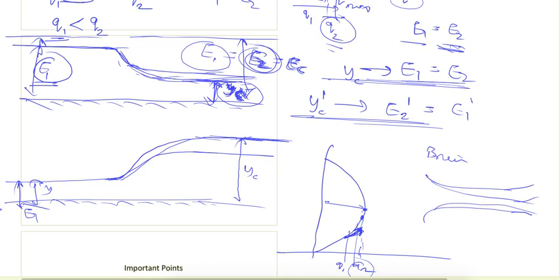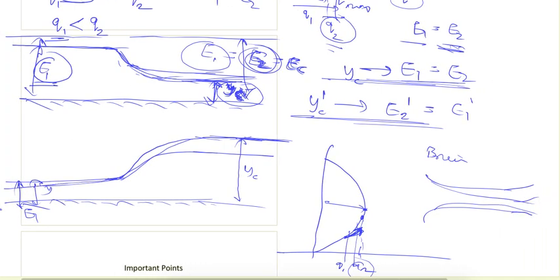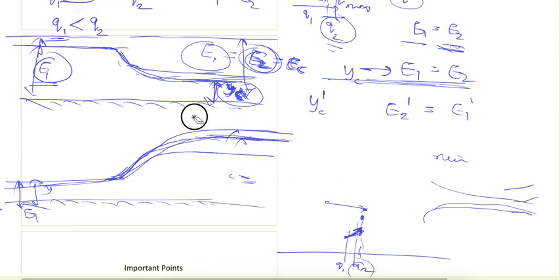In that case the upstream specific energy will increase. To increase that upstream specific energy, the depth of flow will decrease at the upstream, and the downstream depth will be equal to the critical depth, but again this critical depth and the old critical depth are not equal. So to summarize that, I can say